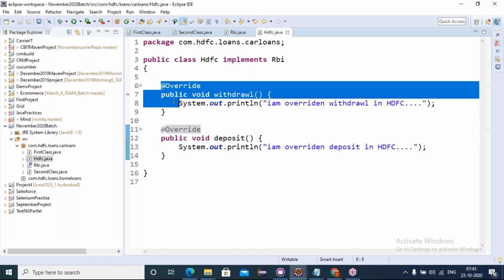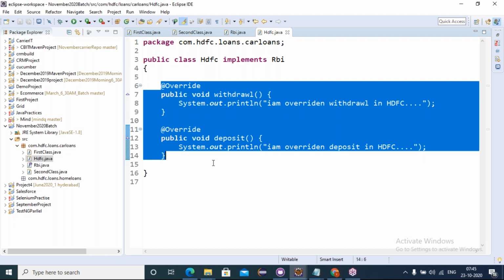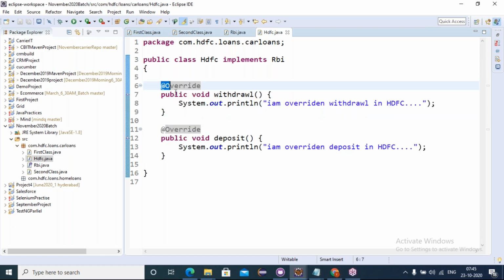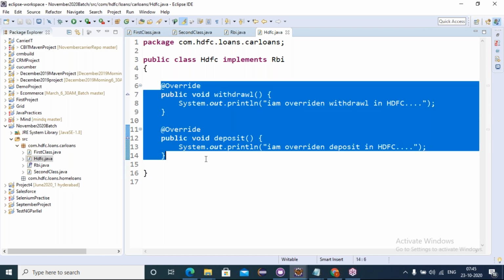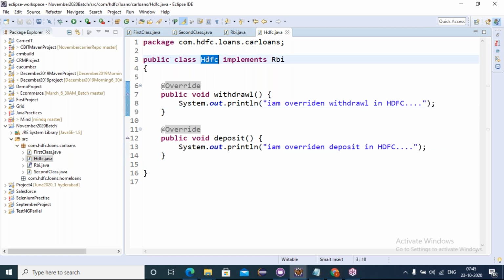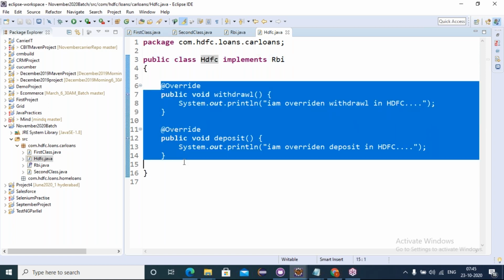Who has given the implementation for these methods? RBI or HDFC? Where have we given the implementation for these withdrawal and deposit methods? Come on, friends. RBI. Was this implementation given in RBI or HDFC? In the HDFC class only we have implemented, right?